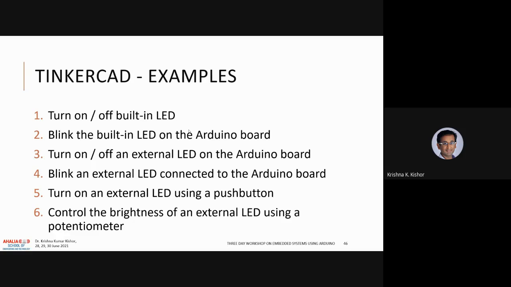It's sort of cumulative. For the second example, we are going to use the knowledge we used in the first example, and so on, right? And every example is trying to convey a separate concept, right? So we'll see some coding aspects today as well. Okay, so these are the 6 examples. The first example is we are going to